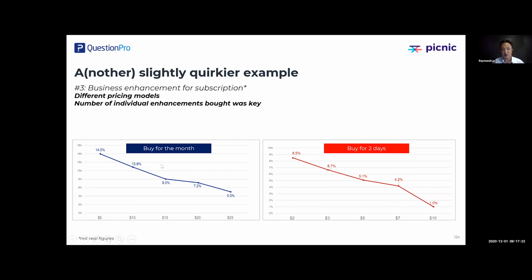Some customers got exposed to the monthly pricing structure, and some customers got exposed to the 2-day one. So you can see there are different curves, different relationships. And again, you can multiply this out by revenue. So they have to make that decision on monthly or 2 days. And there's obviously a lot of other aspects to take into account, like customer experience, and whether or not customers will opt in enough times to buy the 2-day option. But purely and simply, the curves go a long way in helping us make a decision about which pricing model to go with as well.